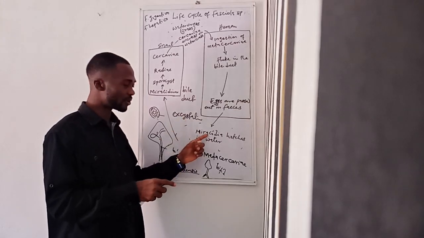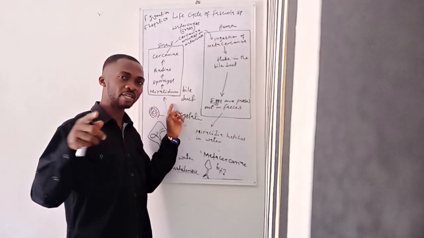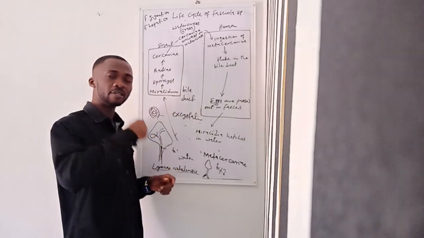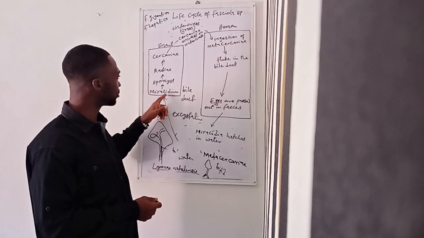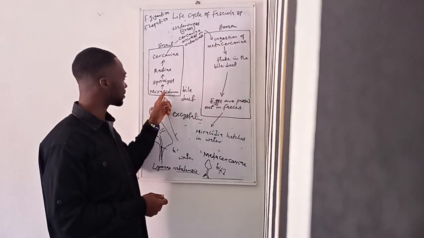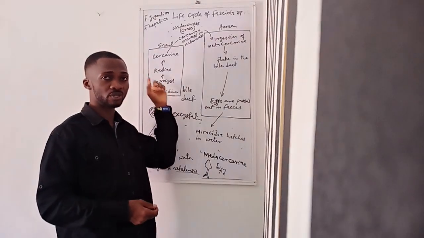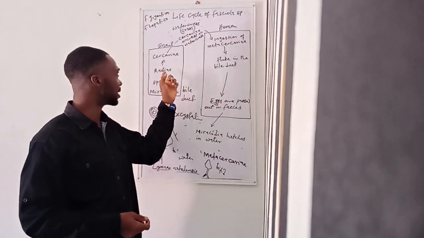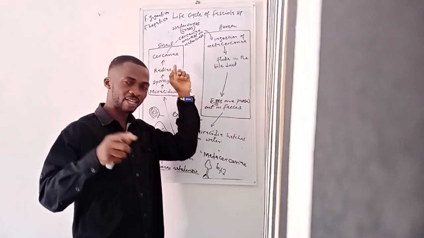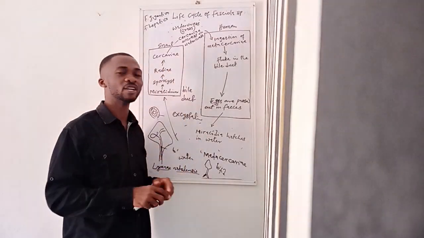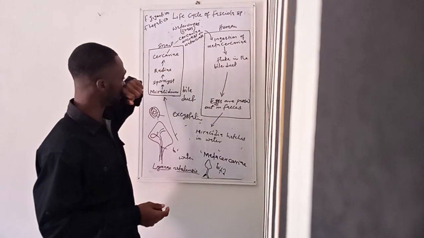So once this miracidia encounters the species Lymnaea natalensis, of course it penetrates into it, and once it penetrates into the snail host, the miracidia metamorphoses into the sporocyst, the sporocyst metamorphoses into the redia, and the redia into cercaria. Once you form cercaria, don't forget that cercaria is still not the infective stage. From this cercaria, it leaves the snail,